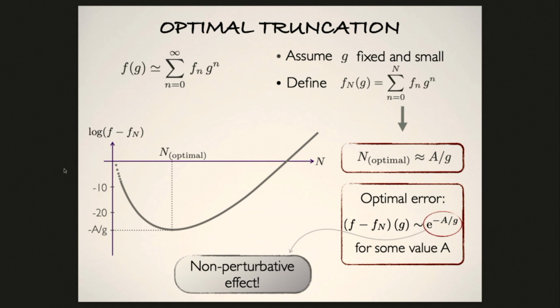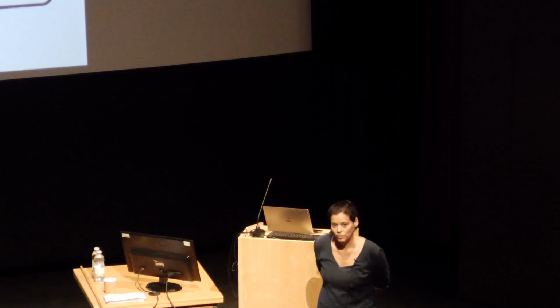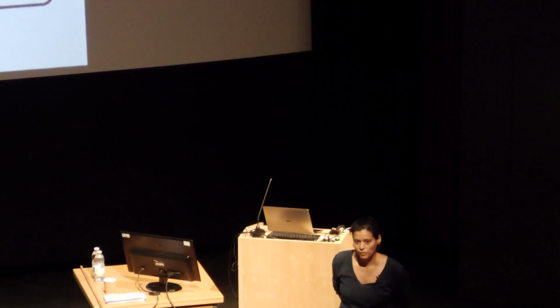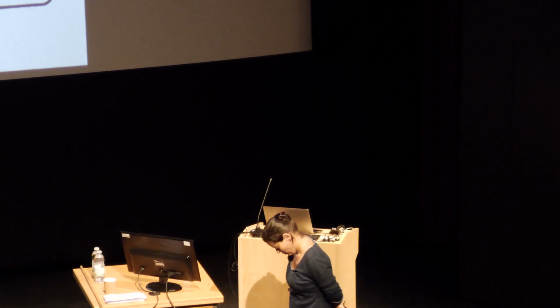I have a question, a general question. How do we know that the instantons are enough? Why, for example, not also include e to the minus a over g squared? So my question is